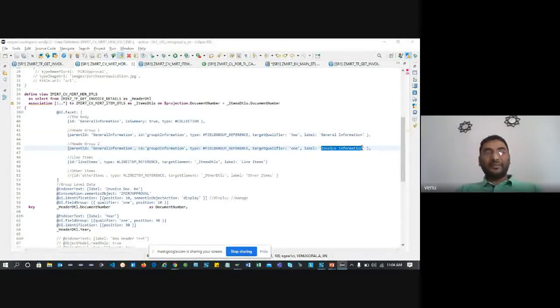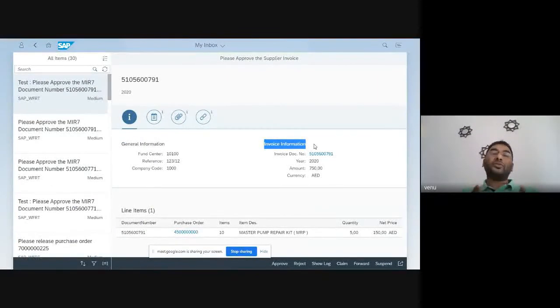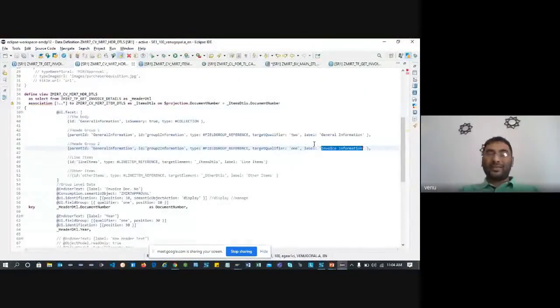Now you can see here the two groups you can create. How are you going to segregate these values within the general information and within the invoice information? Simply, what is your ID? ID is 2. So whenever you're creating the group level, the text is invoice, and the object, I'll talk about the semantic object later, just park it.